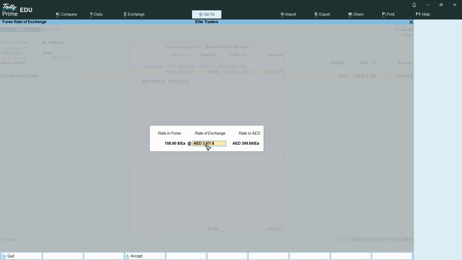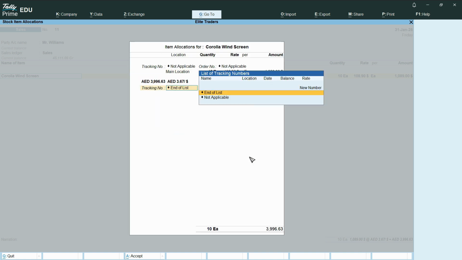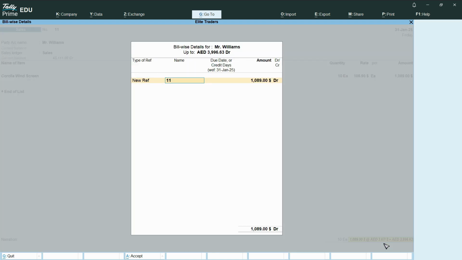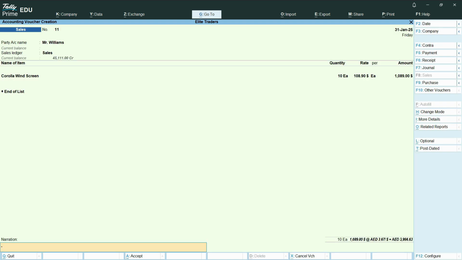Totally perfect. 3.67 is the exchange rate, but let's say if you want to customize that according to the current transaction or rate of exchange, you can do it here by simply writing here, end of list. And as you can see, the transaction is now in dollars and the exchange rate is mentioned right here as well. Hit enter, new reference, keep hitting enter, and in the narration we can specify the transaction details